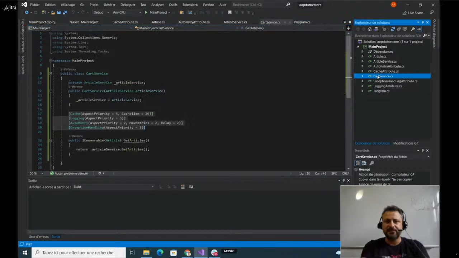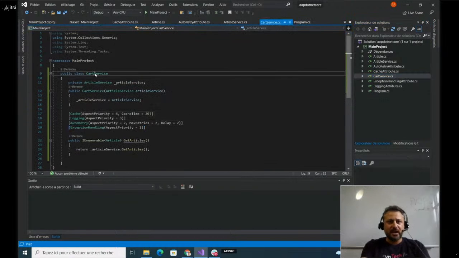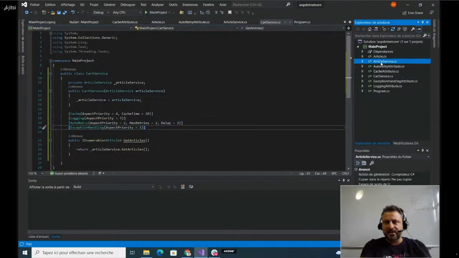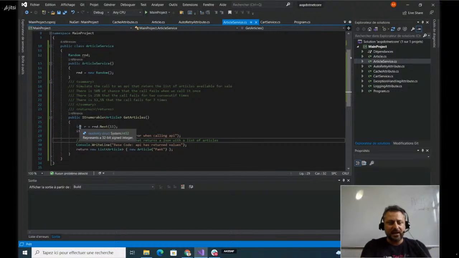So here I have my card service, and here I put all of my aspects. And for the article service, in fact, I have simulated an error.